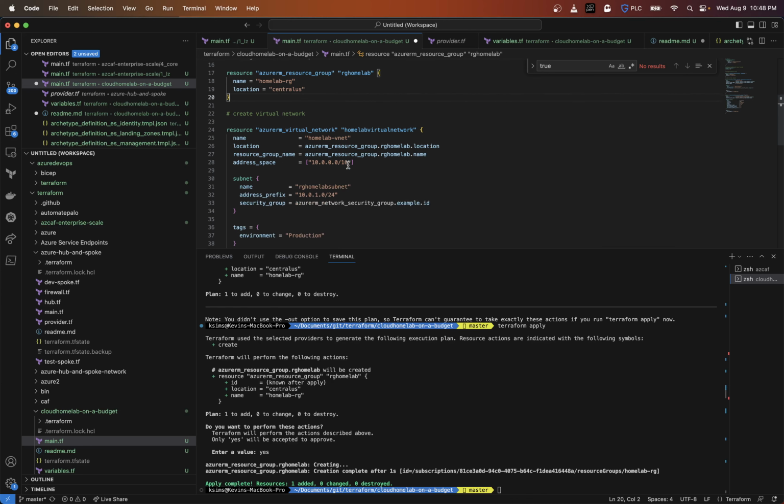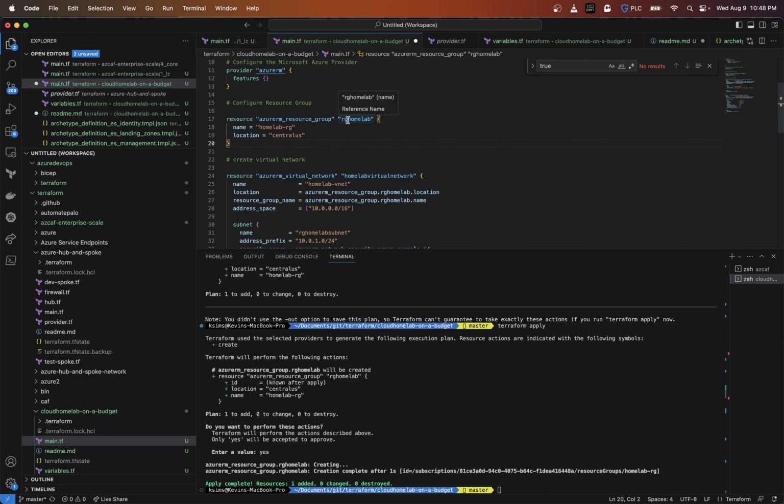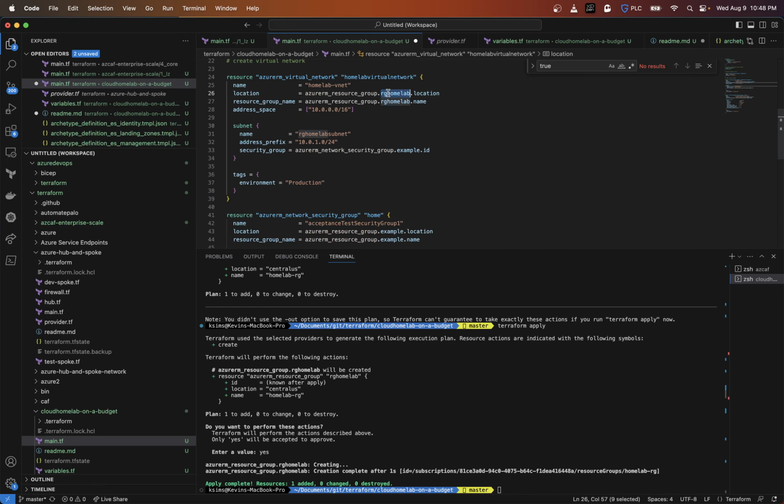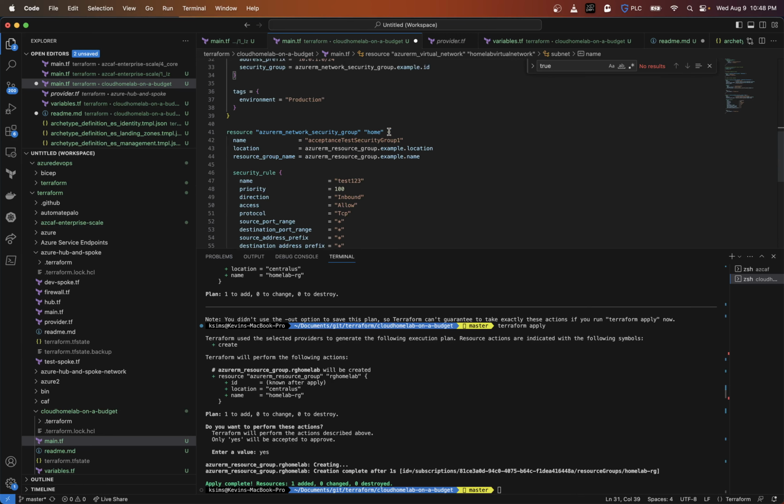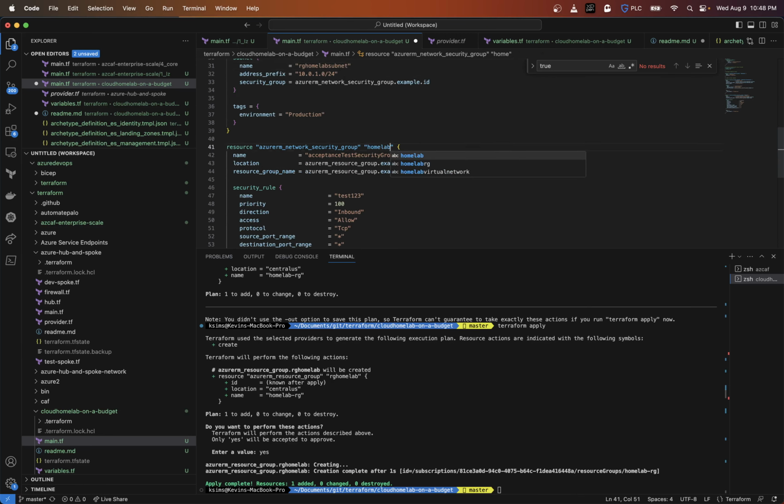And then let's go homelab RG. And then we'll need to change this back here. All right, and then this is going to be homelab NSG for network security group. And then we'll take this